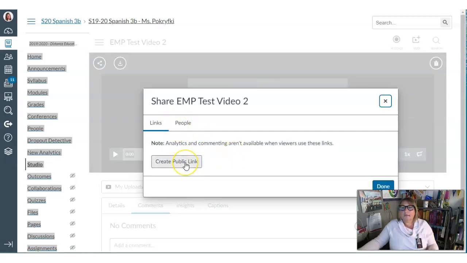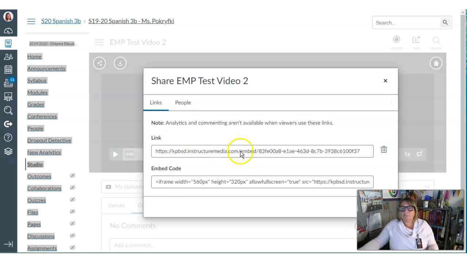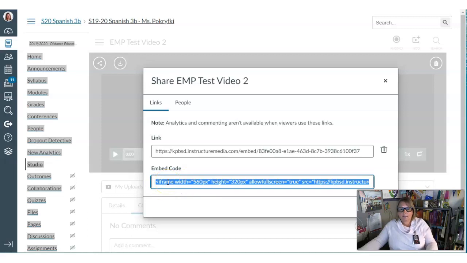You can use a public link. In this case, you're going to have a link or an embedded code. So if, let's say that I made this video and I wanna have it in my announcement, for instance, I can just copy this embedded code, Control-C, I close it,